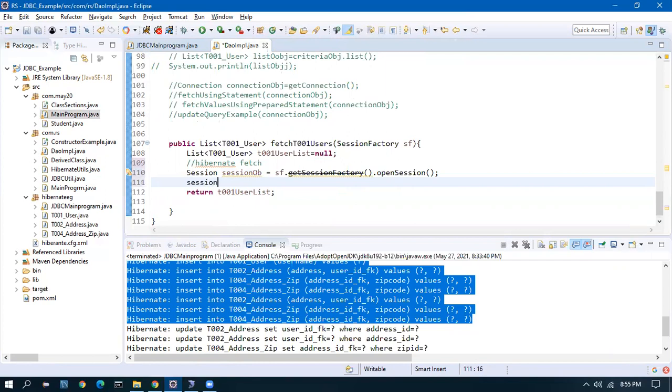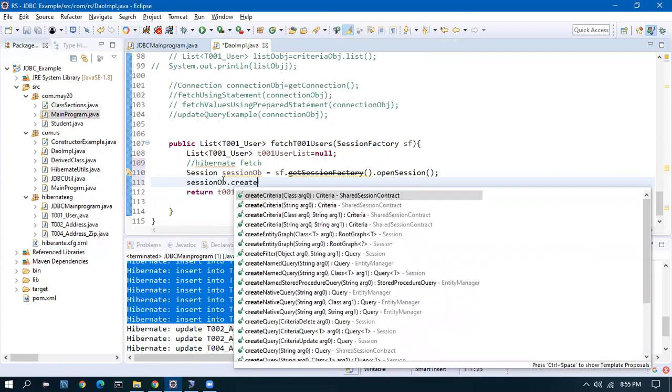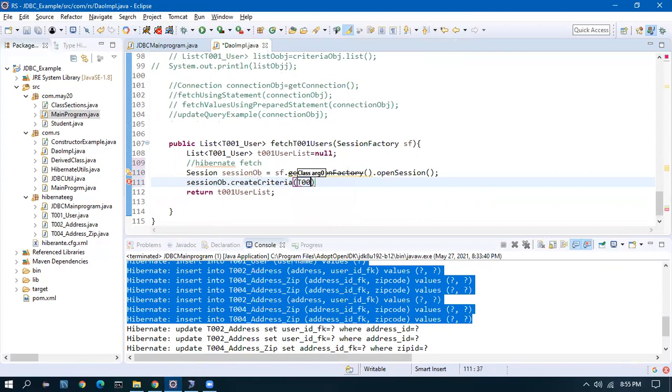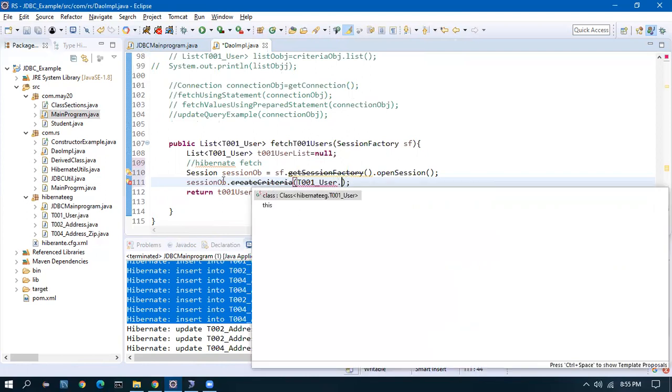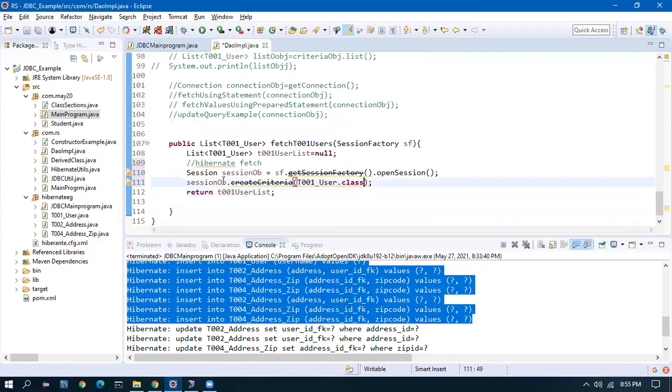Then session OB dot create criteria T001 user dot class. Now I have to equate it to a criteria object.